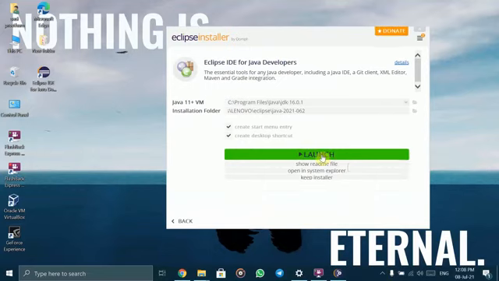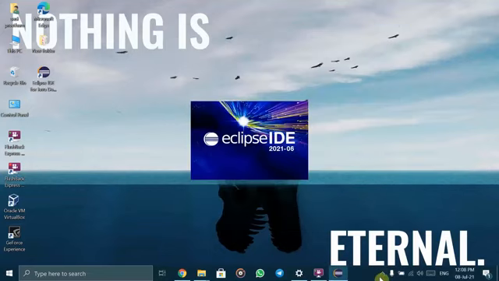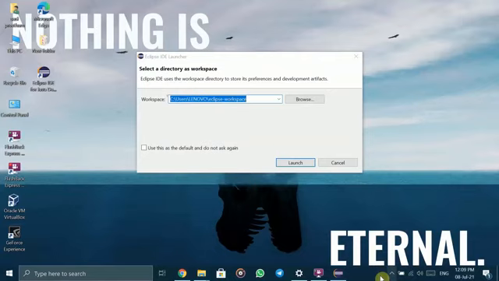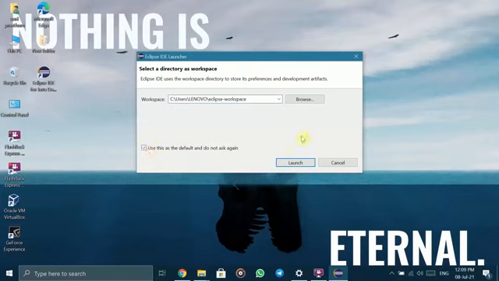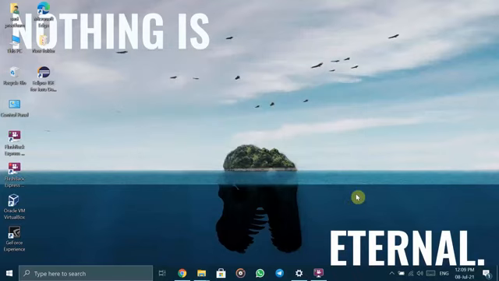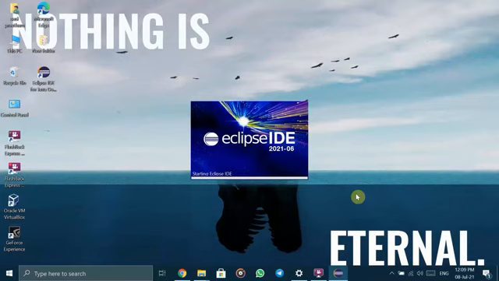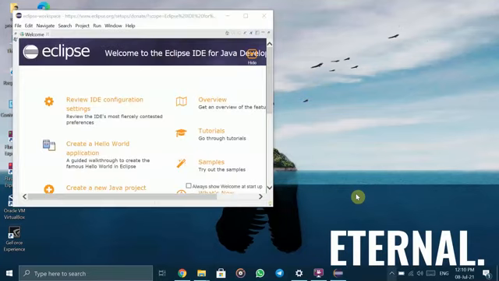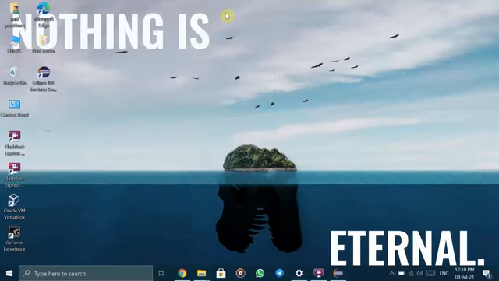Now click launch. It will take a few more minutes to launch Eclipse IDE. Click on this option and click launch. Completed successfully.